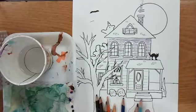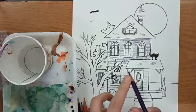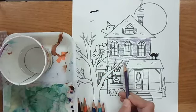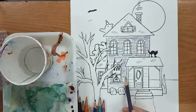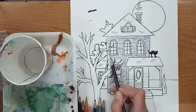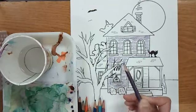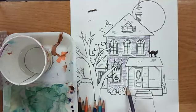Again, like when we draw, you have to have a light touch when you use these colored pencils. And a bigger area is better than a sharp point. So I'm just going to use the side of this to color. I don't want to use the point because that'll put dents in my paper, and you won't be able to get them out, just like with your pencil when you have trouble erasing. So you need to just put a light layer with a light touch. I'm kind of using the side. And once you get that done,